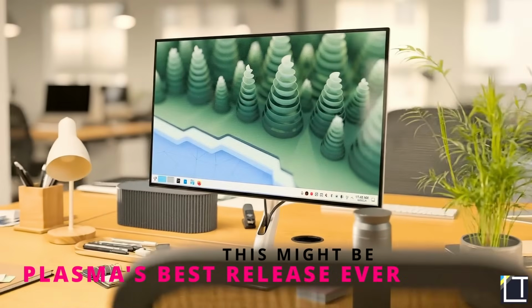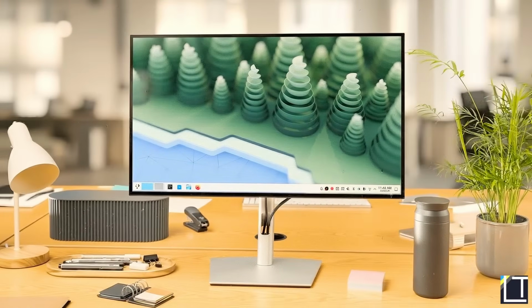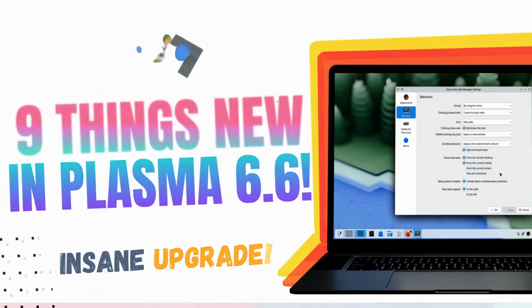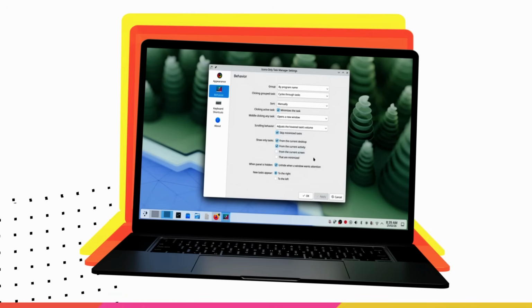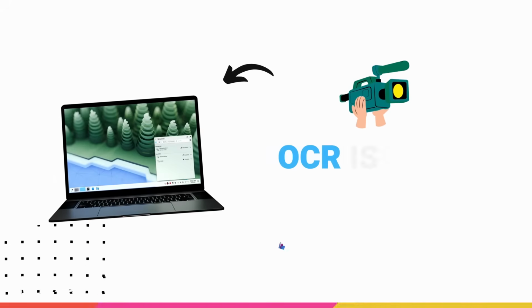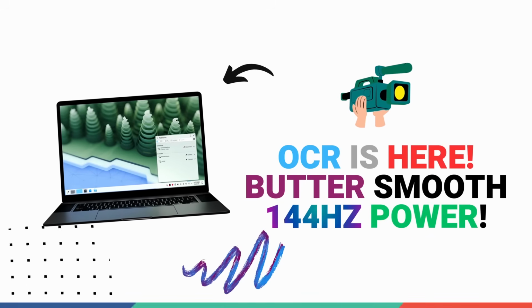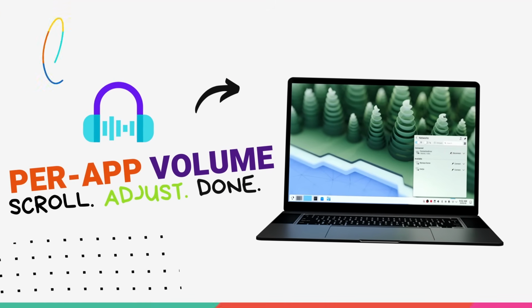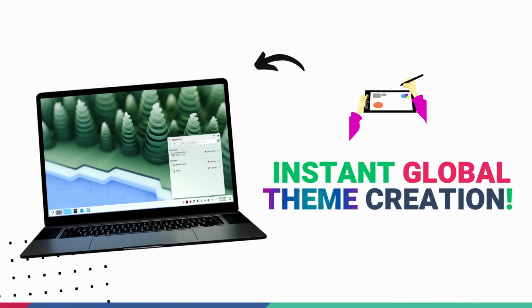KDE just dropped Plasma 6.6 and this is one of the biggest Plasma releases we've had recently. This is massive. We are talking OCR, copying text straight out of any screenshot. Buttery smooth desktop animations on your high refresh rate monitors, finally. Adjusting the volume of individual apps right from your taskbar and saving your entire desktop setup as a custom global